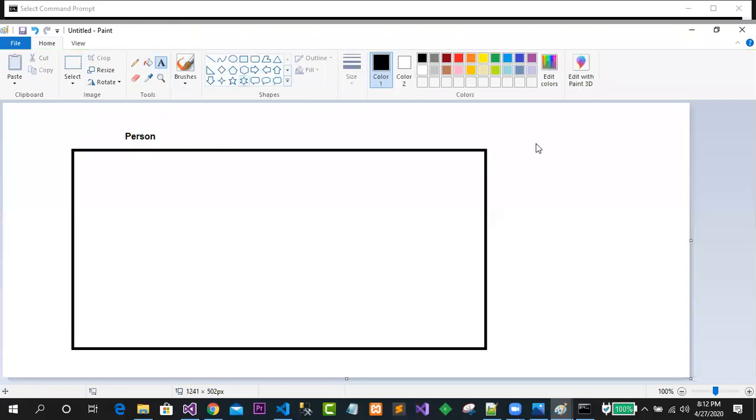But when I talk about creating an instance of the class, that is an object. Let's say this is an object.